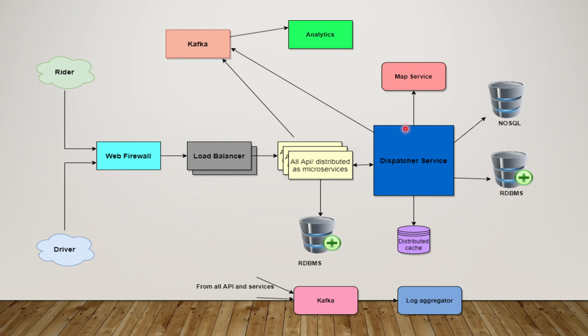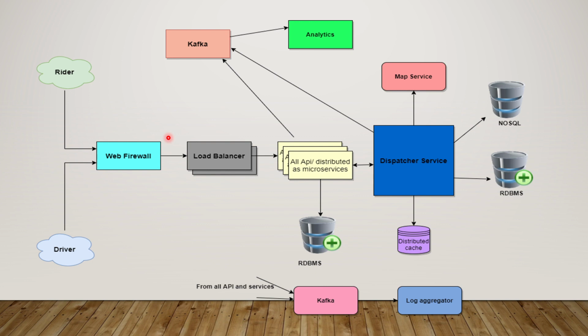Next, your dispatcher service will definitely talk to the map service, and it will persist the data in NoSQL and RDBMS, and there will be a distributed cache also, like I showed in the previous slide, where I explained why you need a distributed cache here. On top of that there will be more logging, basically a queuing. So you can have a Kafka queue, though not necessarily Kafka, you can also have some other queuing mechanism here. You need this because it will be a big application, with hundreds of APIs working together.